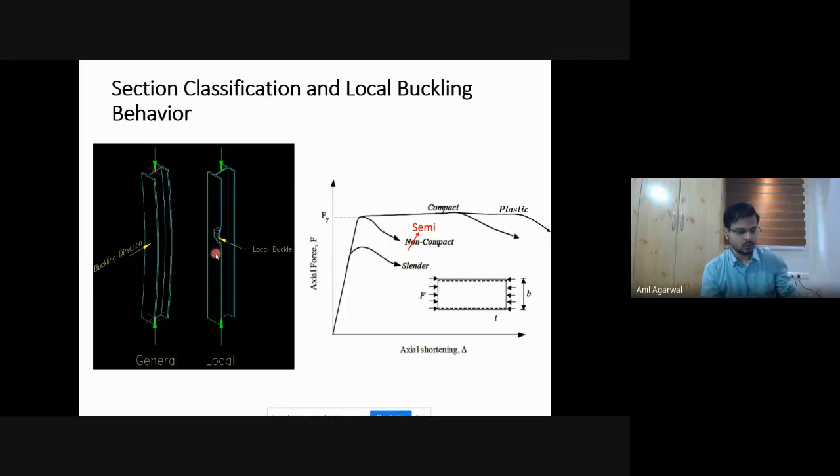You have all taken the courses at earlier levels, and this is not just the Indian code, even foreign codes, also for regular steel design. I'm talking about structural steel design, not the light gauge steel design. I'm talking about regular structural steel design. None of the codes in the world actually ask you to or expect you to design for local buckling. That is, it does not give you the capacity against local buckling. Okay, so local buckling is not a limit state.